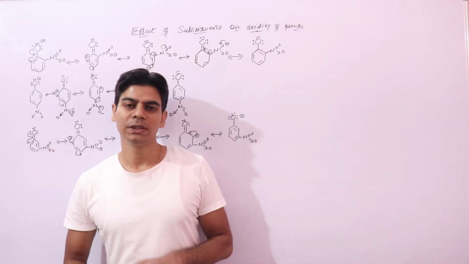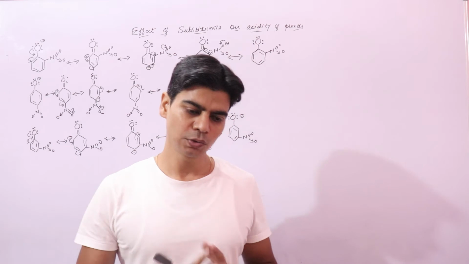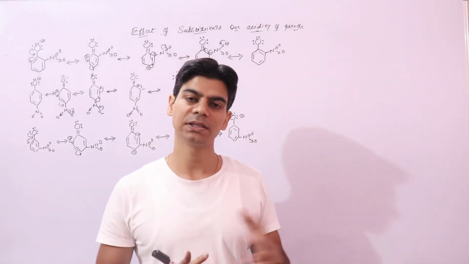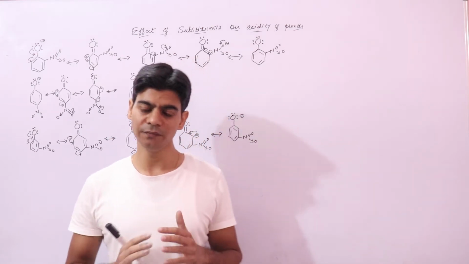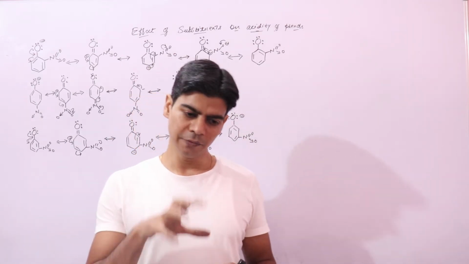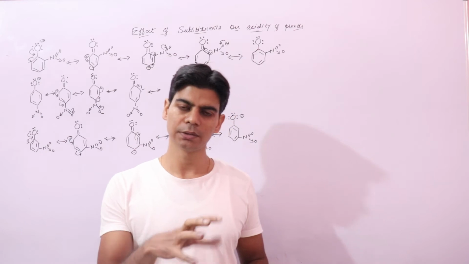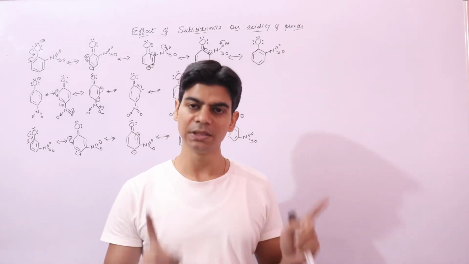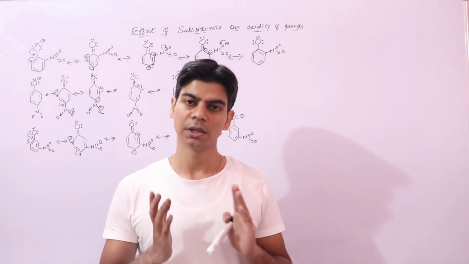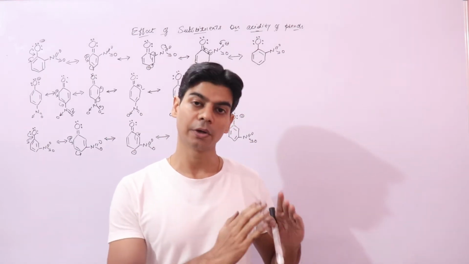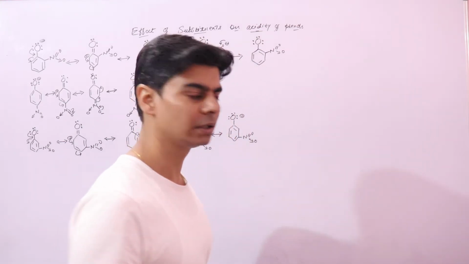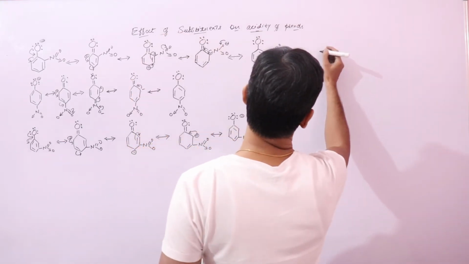Hi. Now in this lecture we will be looking into the effect of substituents on the acidity of phenols. When we say substituents, if we add a substituent, say a nitro group or a methyl group, in the benzene ring of phenol, then how will that affect the acidity of phenol, or the resulting compound? For example,